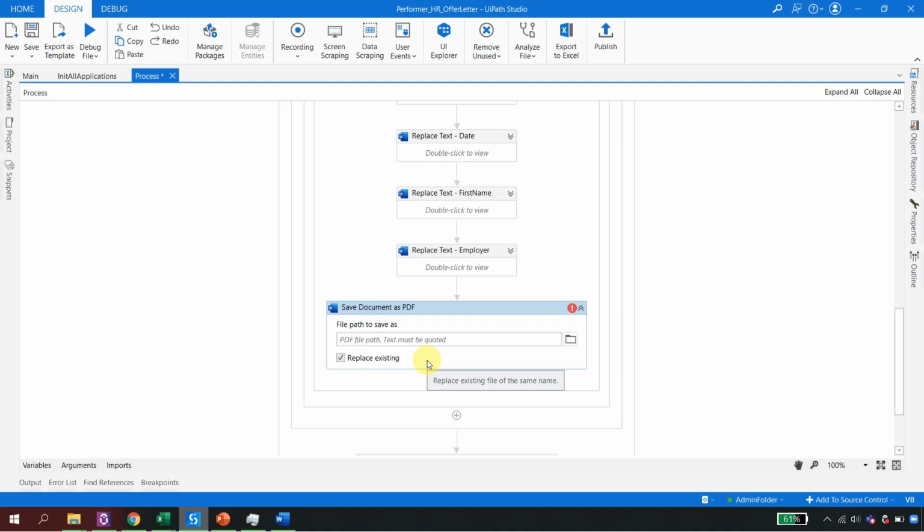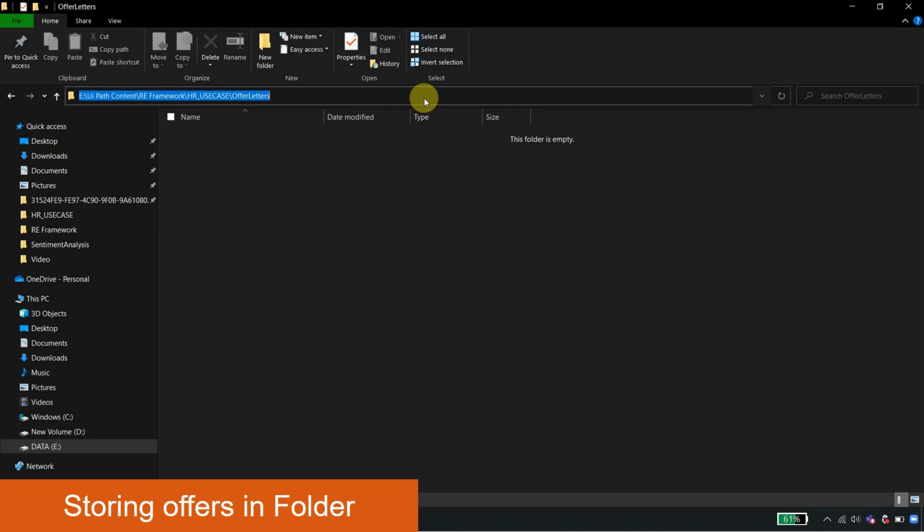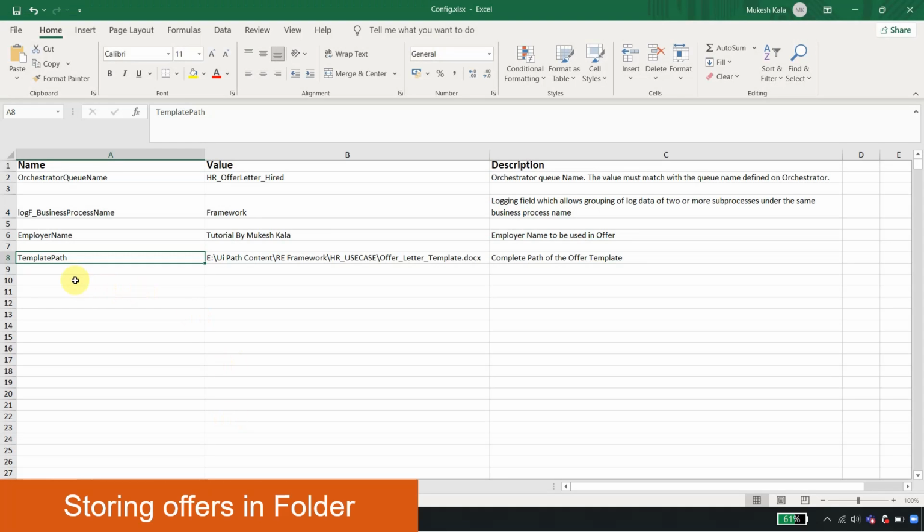I would have to give it a folder and a name. Now the folder, again the same concept. The folder is this one for me. It will not be the same for a different one, for HR or for any other business. Copy it, go back to the config and say